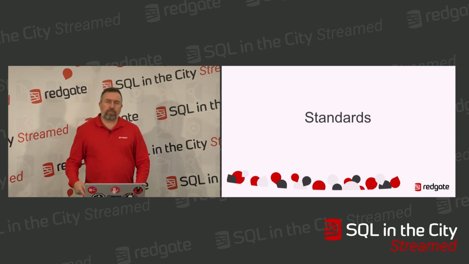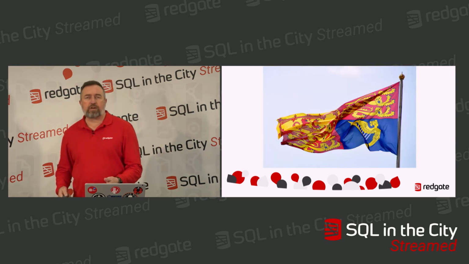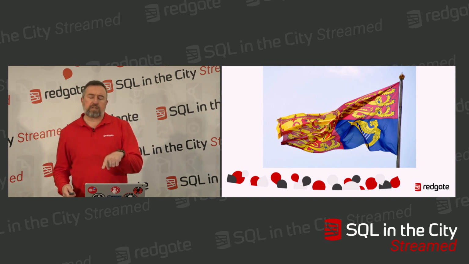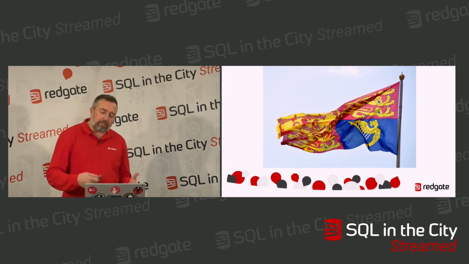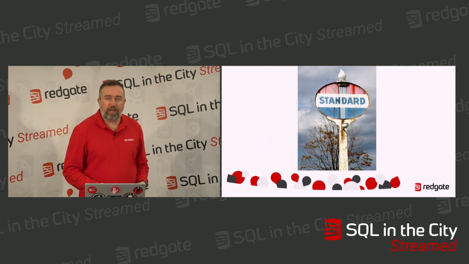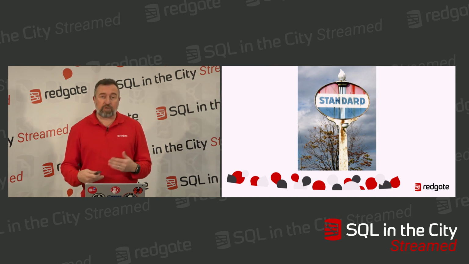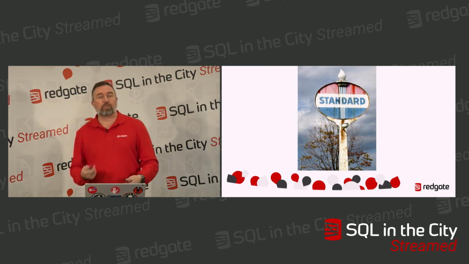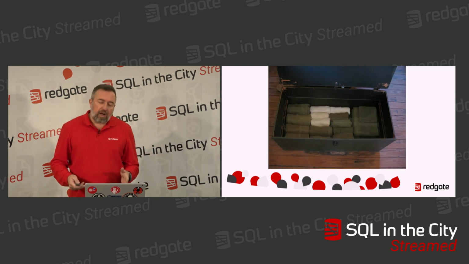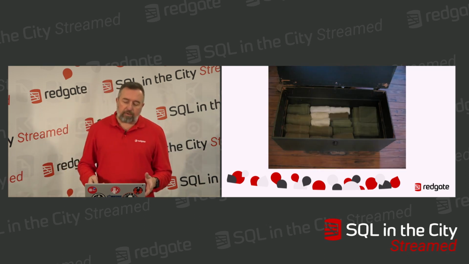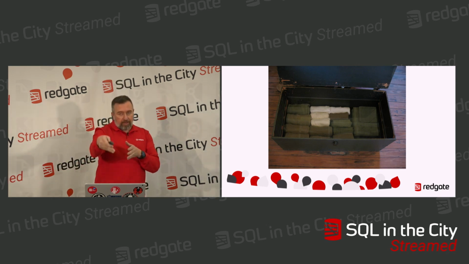Let's talk standards. Standards are a very important part of everything that we do. We've got to have a standard for the organization, but that's not the kind of standard I'm talking about. Standard Oil is out of business, so we probably shouldn't be talking about them a whole lot, because we're talking about businesses that are actually in business. Okay, so Foot Locker, great. We're going to go with Foot Locker and talk about that.